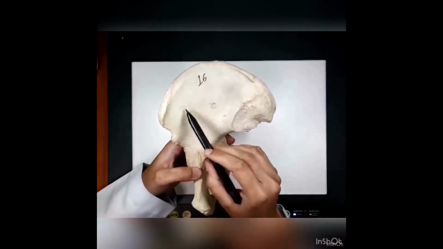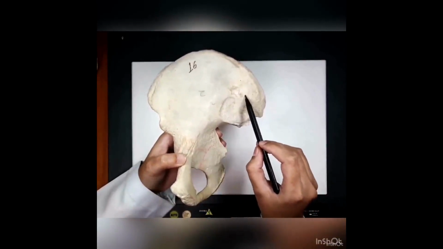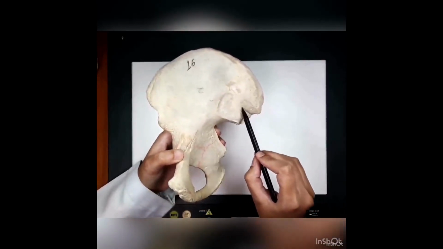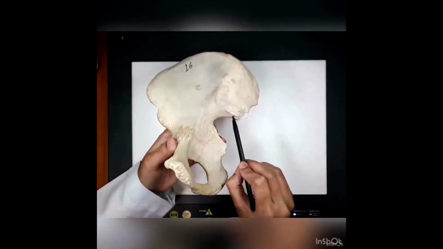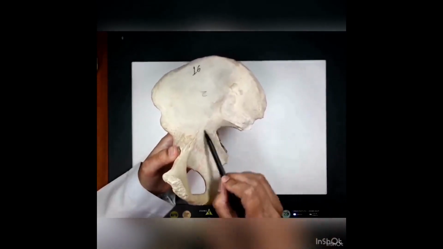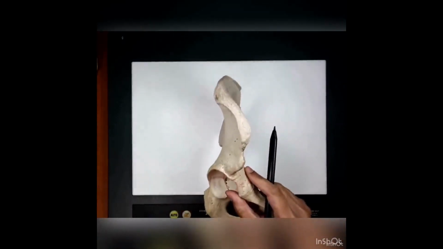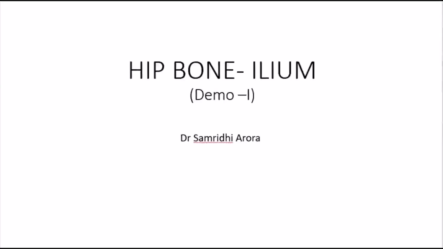iliacus muscle, iliolumbar, dorsal sacroiliac ligament, interosseous sacroiliac ligament, ventral sacroiliac ligament, piriformis, obturator internus muscle. I hope the surface features and the muscle attachments are clear. Now I will show you few pictures of hip bone in which you can appreciate the surface features and attachments